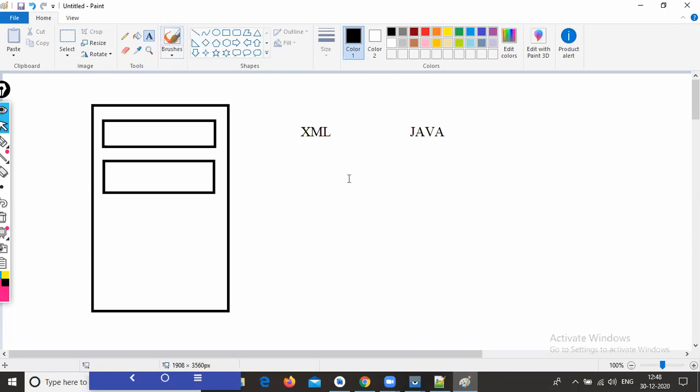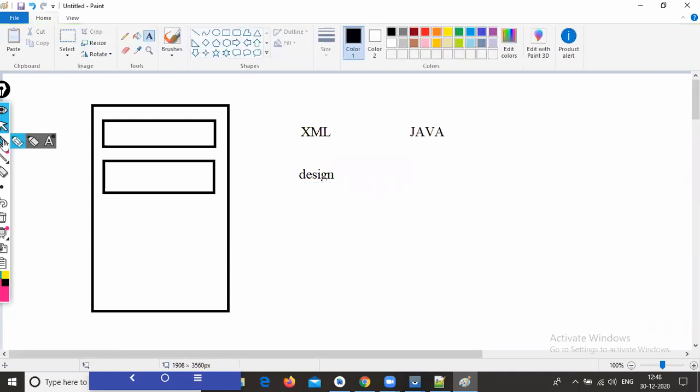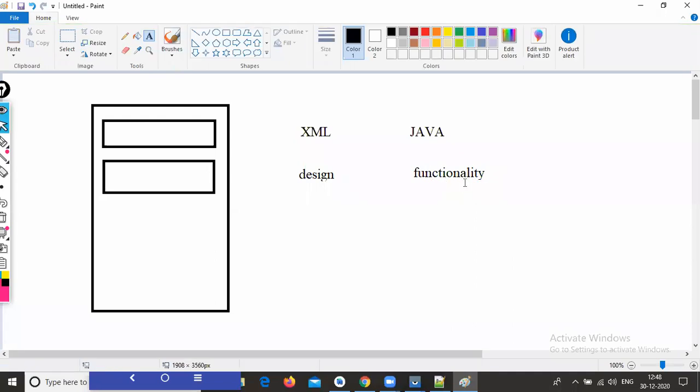In the XML file we are creating the designing part, and in the Java file we are implementing the functionalities. In XML we create the design, like buttons, but in Java we write the functionalities.